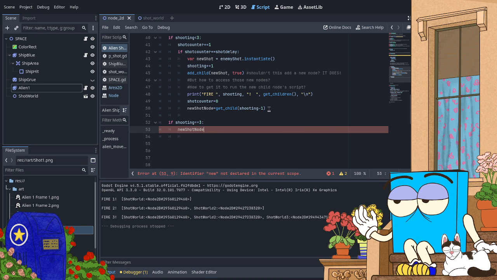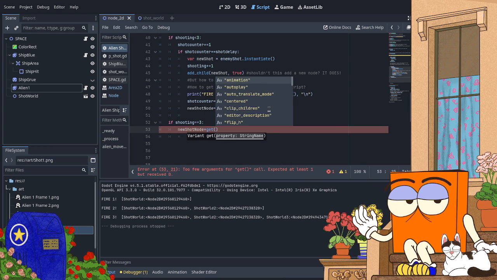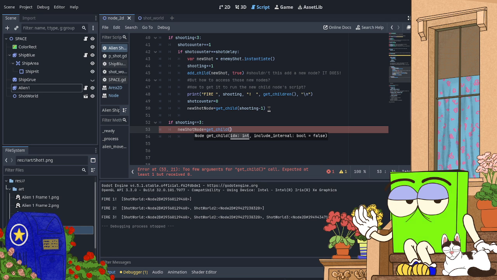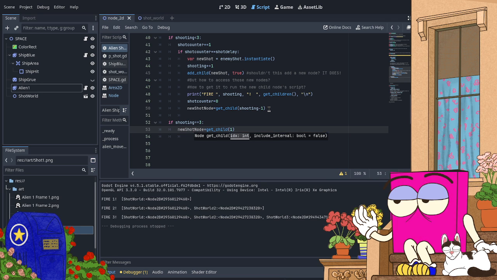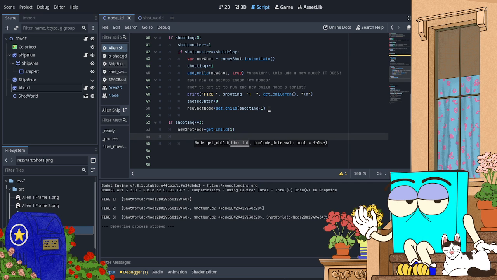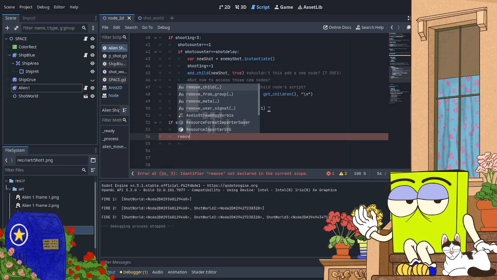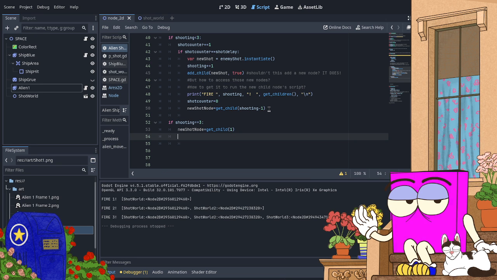Shot node equals get, whoops, child 1, which will be the second one. Remove child?